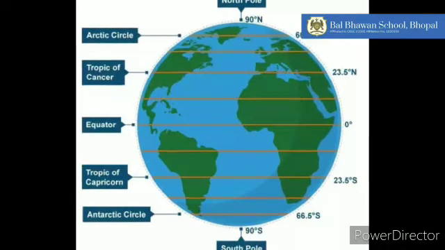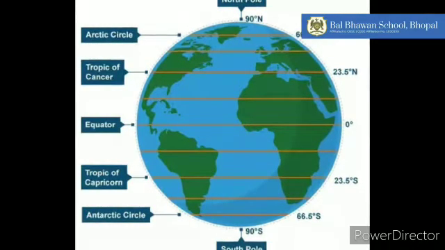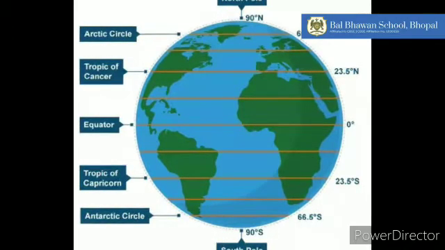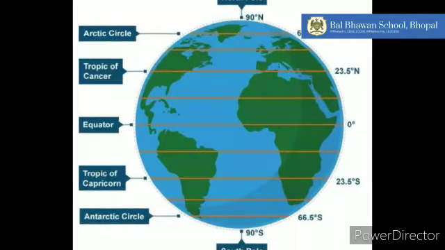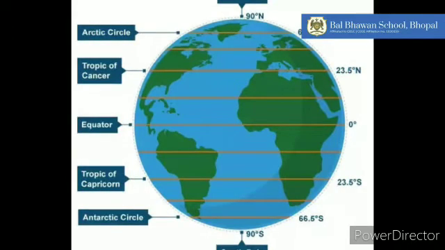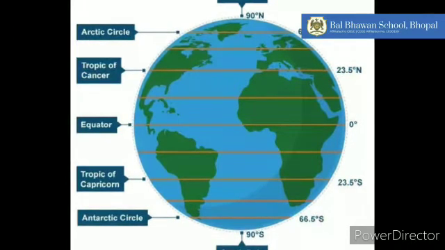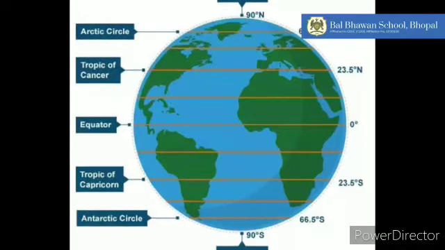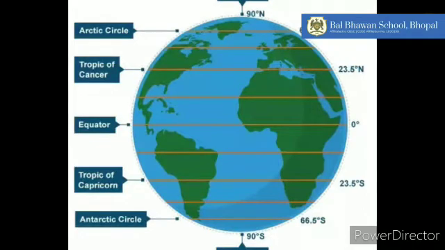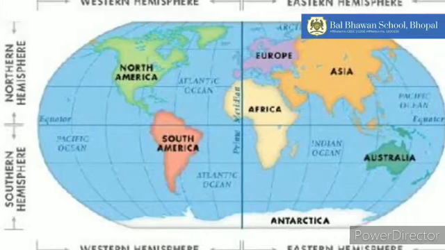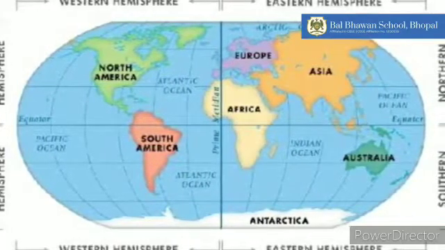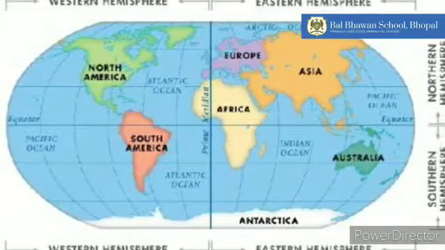The first one is the Arctic Circle, which falls in the Arctic area of the north and it is marked as 66.5 degree north. And the other one is the Antarctic Circle, which is marked as 66.5 degrees south. All of you take a look at figure 2.2. Can you identify them? Very nice. Now, as these parallels are far away from the equator, the weather at these places is extremely cold.